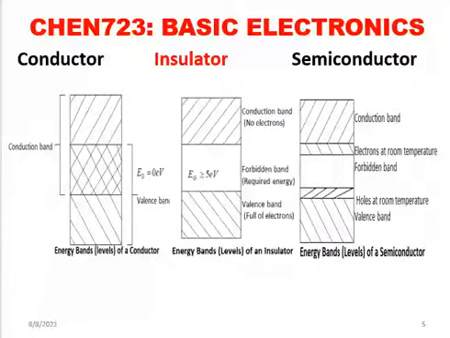But if you come to the insulator, the upper part is our conduction band, where we need free mobile charge carriers like electrons, and the lower one is our valence band, where all these electrons are fixed, attached to their bonds. So in between them, we have a free space, which we call the forbidden band, and this is where we need to apply some amount of energy so that we can break the valence electrons from their bonding into the conduction band.